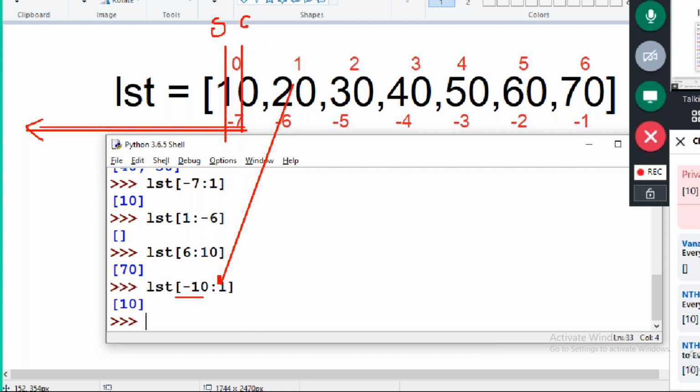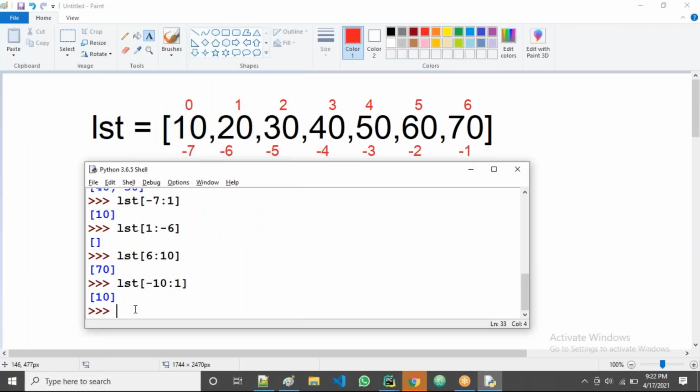Then in the ending, both starting and ending are pointing to the same element, right? How much here? 10. Output is 10 guys. Okay, output is 10. Yes. Next one,